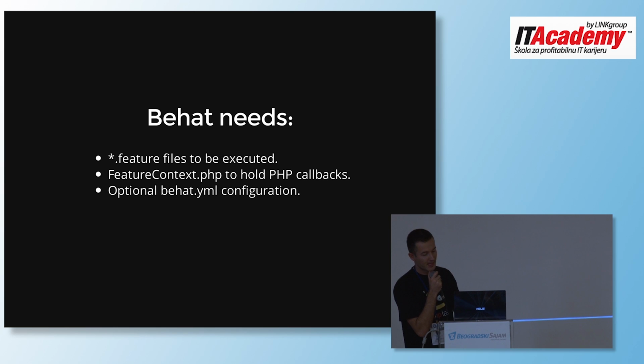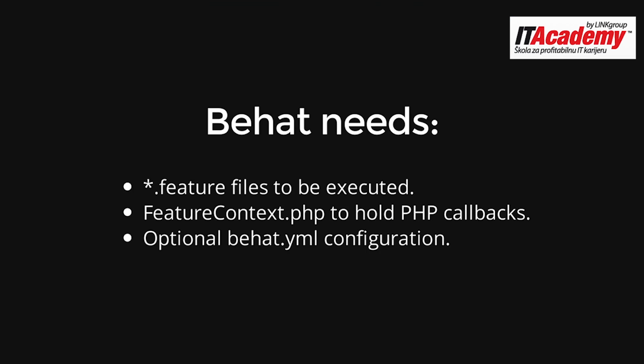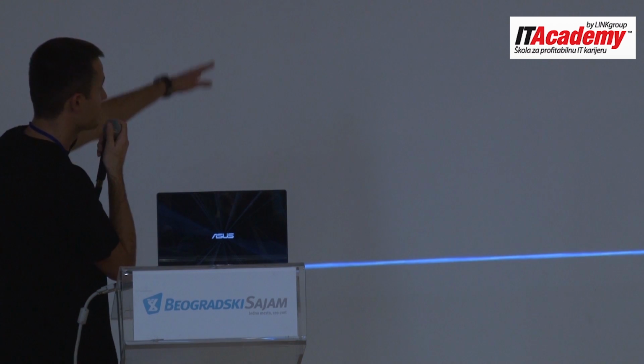The first thing is it will create a features directory where you store your feature files. So the Gherkin syntax we described, you just store these text files with the .feature extension inside your features directory. It's a convention, so Behat will find these feature files, execute them, and just map Gherkin sentences to your FeatureContext PHP file, which is also generated by behat --init. And optional configuration, you don't need to bother with this at this point.